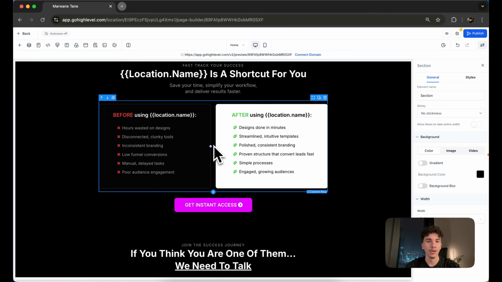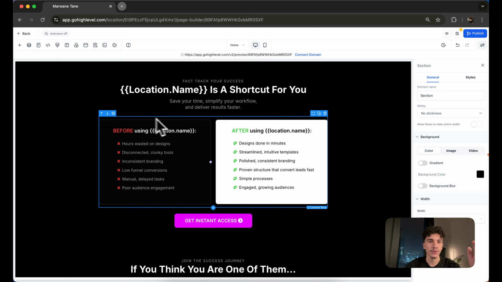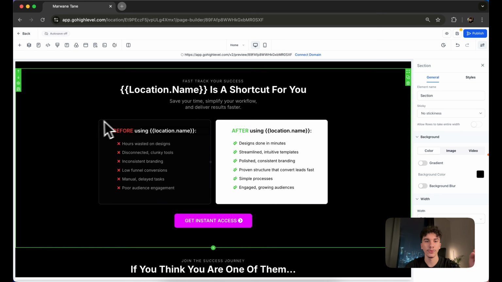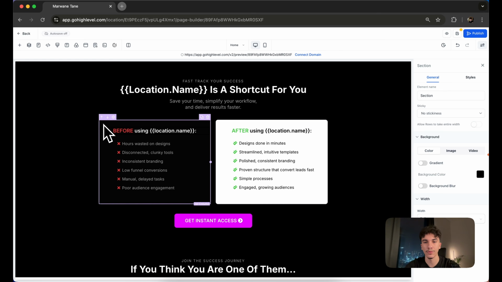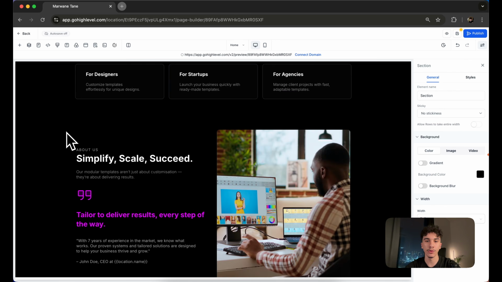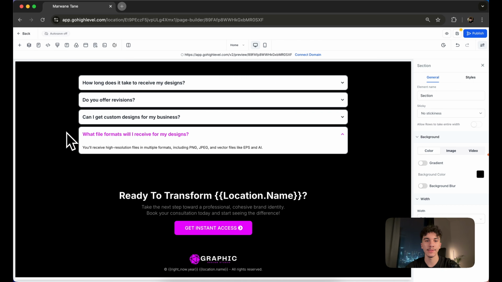Obviously, there's also a lot of nice things, like for example, before and after: before using whatever you're using, and then after using it, for example, after joining the program. So yeah, it's all very well thought out and well made. And the good news is that they do it for you. All the templates have this very specific structure to basically increase the odds of people buying from you when